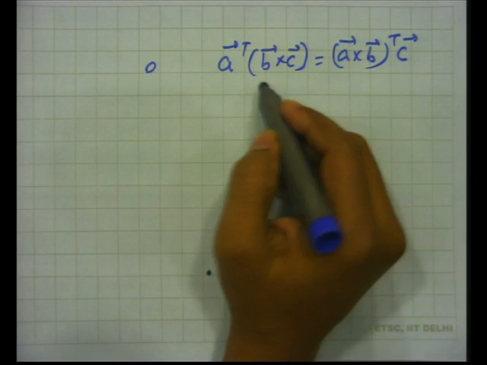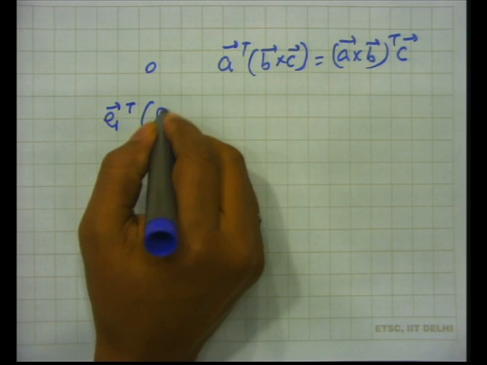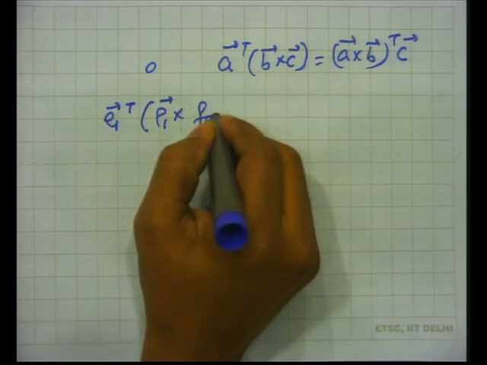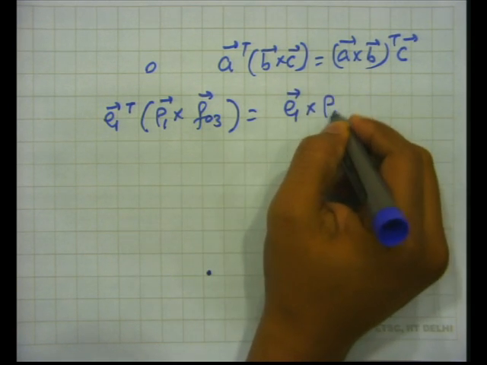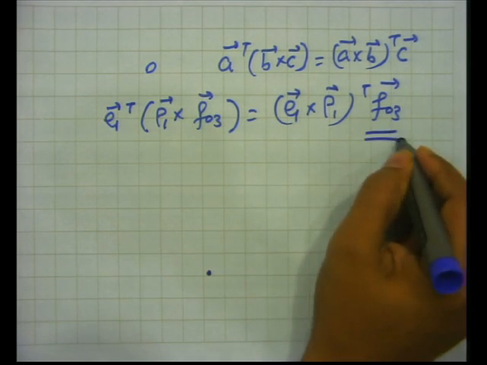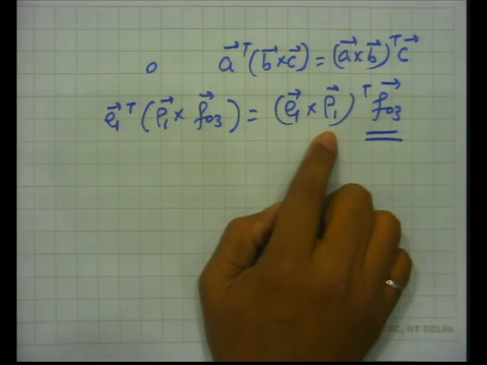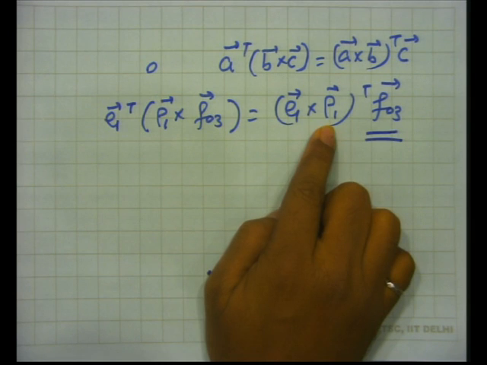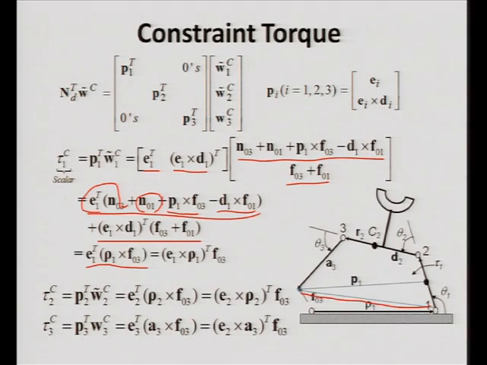So, this property I am using, that E1 transpose rho 1 cross F03 is equal to E1, because F03 is my unknown quantity and I wanted to separate it out, because I need to do something with it, and other quantities here, these are the geometric quantities. So, I know from a given system. So, in this expression you have E1 transpose rho 1, E1 cross rho 1 transpose F03,